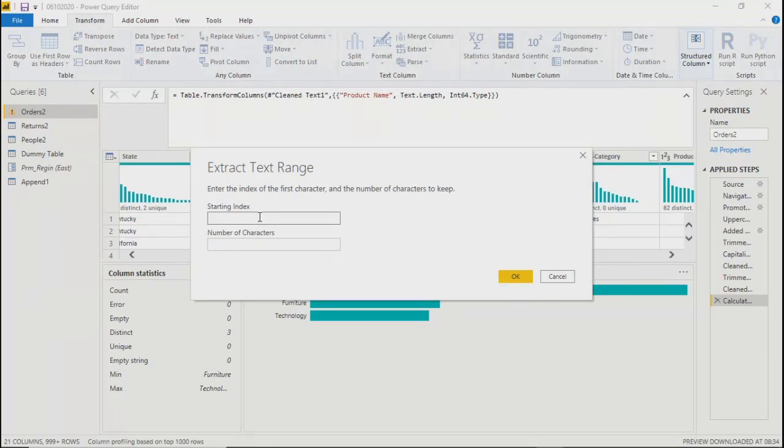Enter the index of the first character and the number of characters. Okay, let's say I'll give the starting index and the number of characters maybe five. Sorry, four. Okay, 2 to 5.